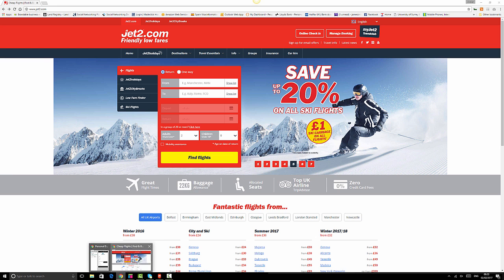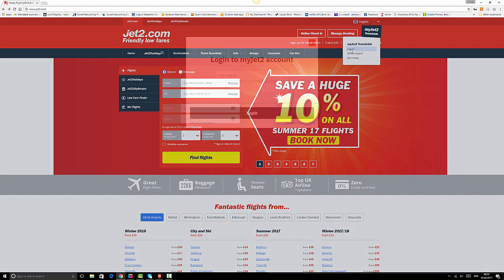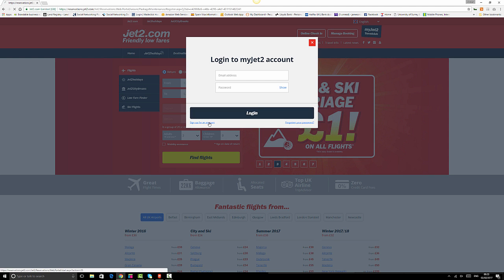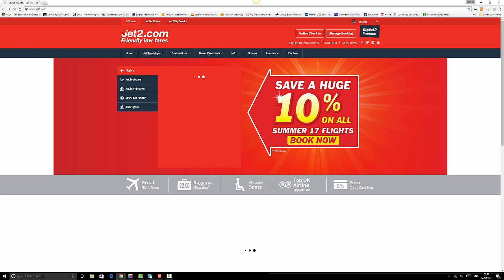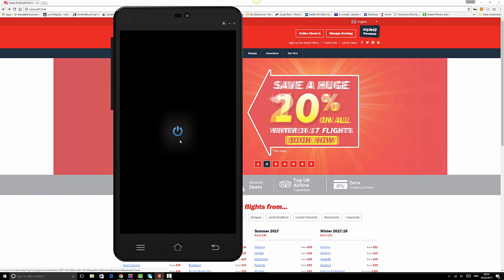website, if we go to the main website, we have here my Jet2 travel club, and if we say join, it's going to ask us whether we have an account before or whether we want to sign up for an account. If we sign up, it's going to take us to this form. On the mobile app, I've not seen any section whereby